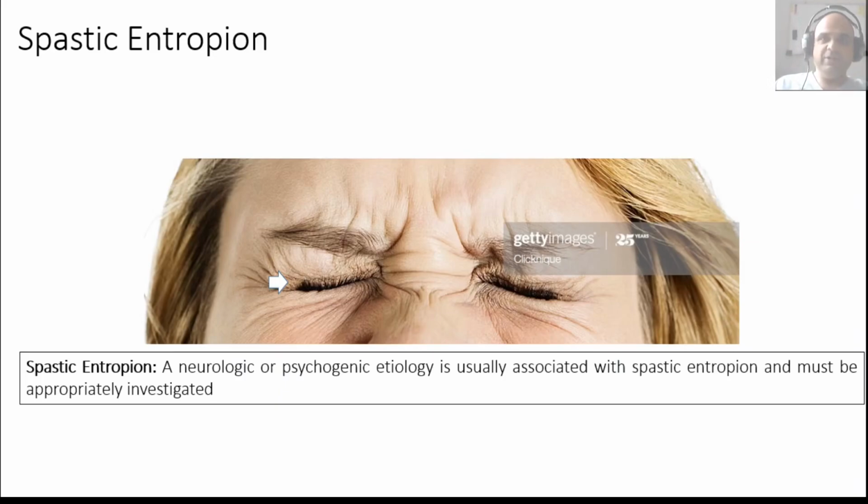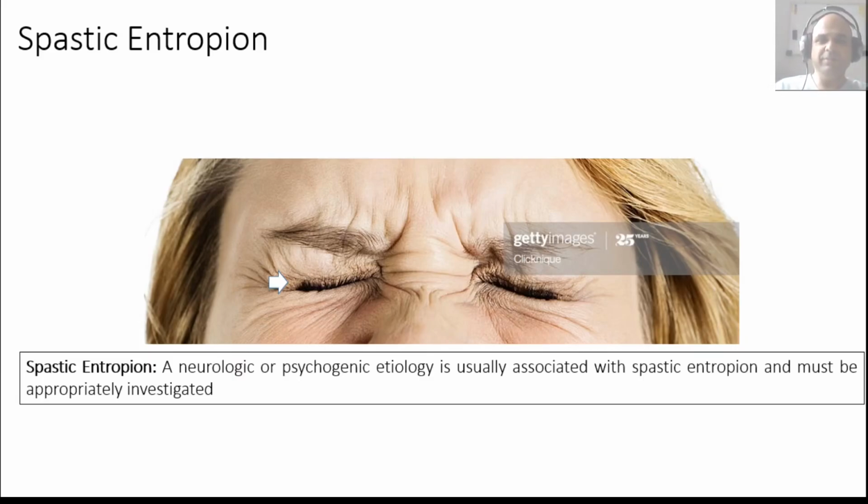So if you see a patient who is a young male or female with a very acute history of spastic entropion or just spasm of the eyes, you need to take a very careful history. Try and talk to the patient in confidence. If the patient has a lot of relatives or guardians with him, try and reduce their number or talk to them individually. Remember, if you are talking to a patient of the opposite sex, you must have a chaperone, usually a male nurse or a female nurse present with you, depending upon your own gender, so that you maintain those ethical norms. So, anyways,